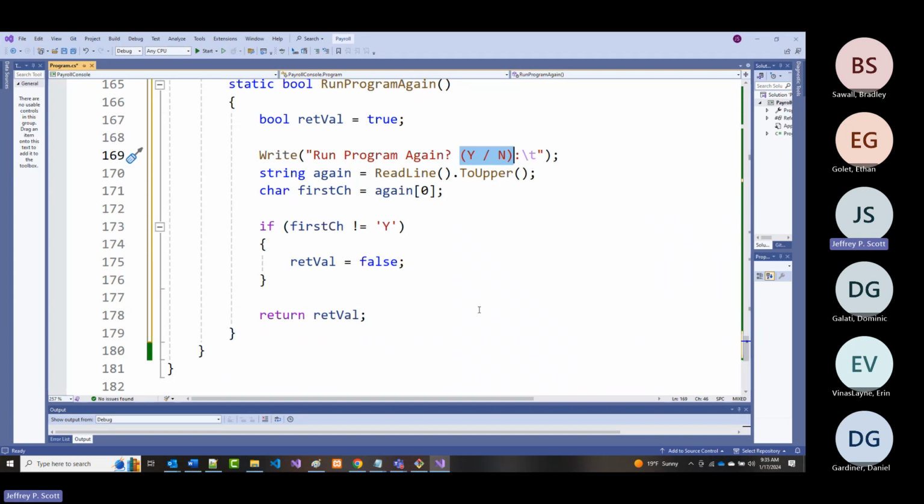So they might type in the word yes, the word no, or something else. Or maybe they'll just hit enter. And that's going to break the program right now if I just hit enter, just so you know that. But what I'm saying is whatever they put in here,